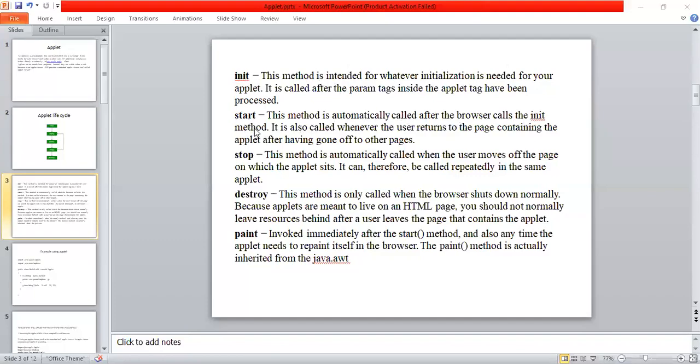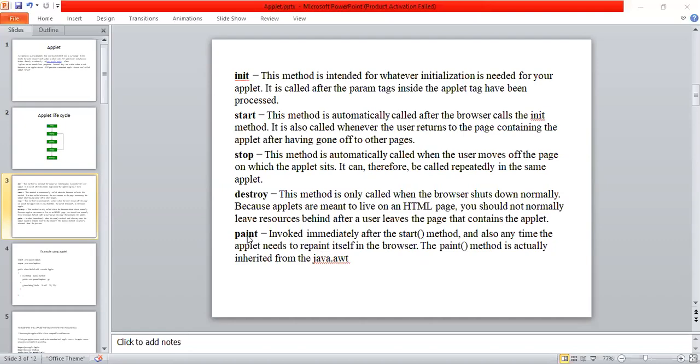The start method is also called whenever the user returns to the page containing the applet after having gone off to other pages. Then we have the stop method. This method is automatically called when the user moves off the page on which the applet sits. Destroy: this method is only called when the browser shuts down normally.